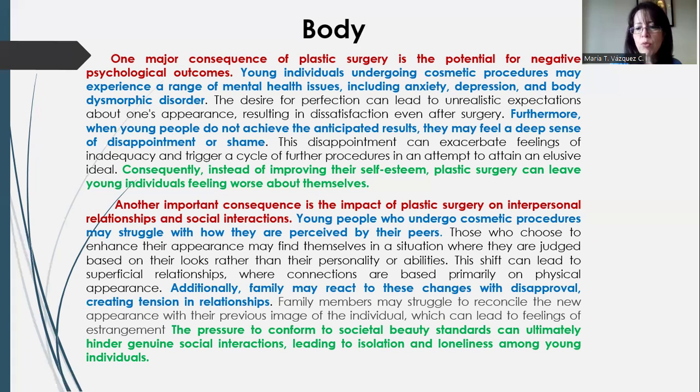Family members may struggle to reconcile the new appearance with their previous image of the individual, which can lead to feelings of estrangement. And finally, the conclusion of that paragraph that says, the pressure to conform to societal beauty standards can ultimately hinder genuine social interactions, leading to isolation and loneliness among young individuals. So it's the closure of that paragraph. But the essay cannot end there. We need a concluding paragraph,